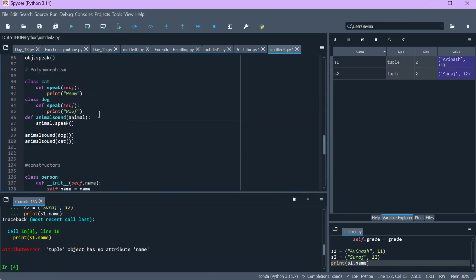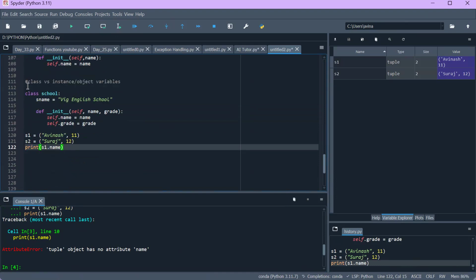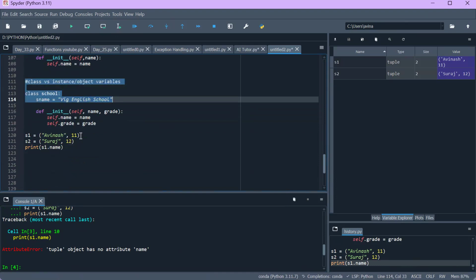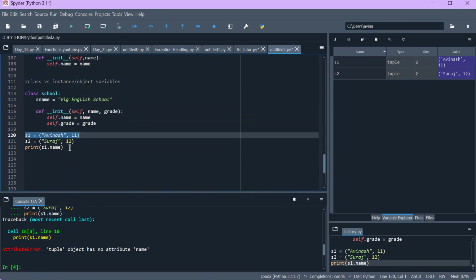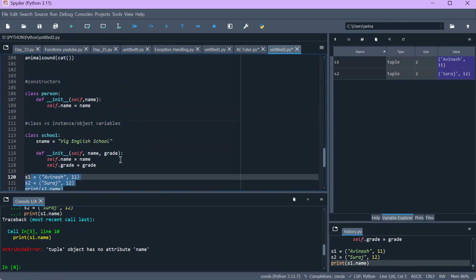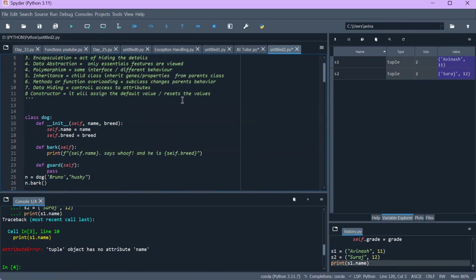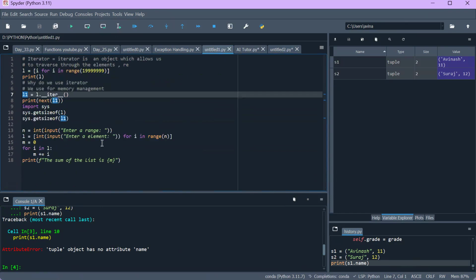I don't know basically what's happening here, but the syntax behind this is the same. If we return s is equal to Avinash 11, then it will return the object of that particular instance of my school, right? So no need to worry. What I will do in my untitled P1,